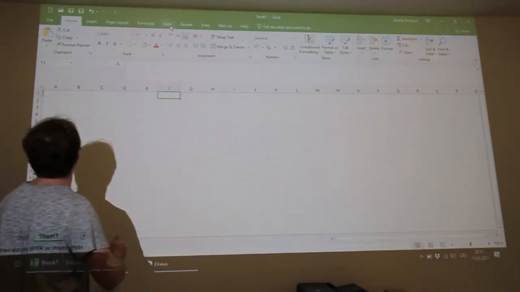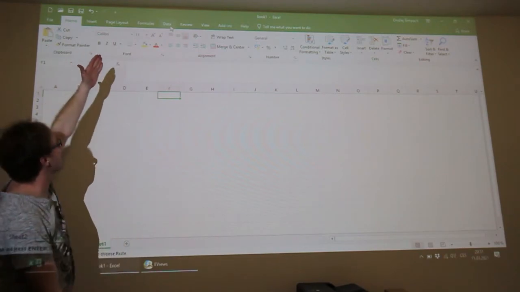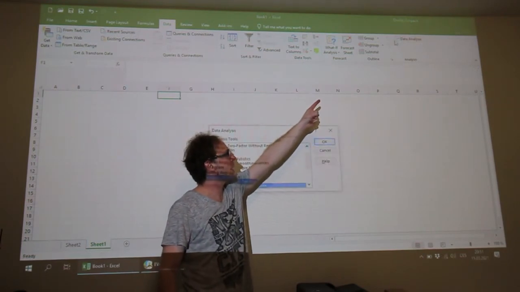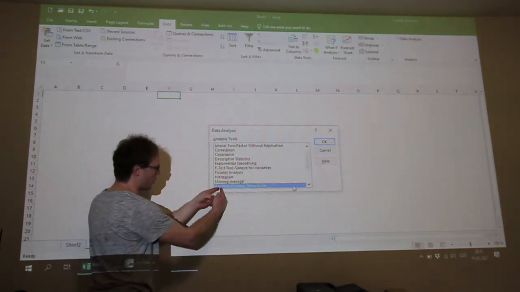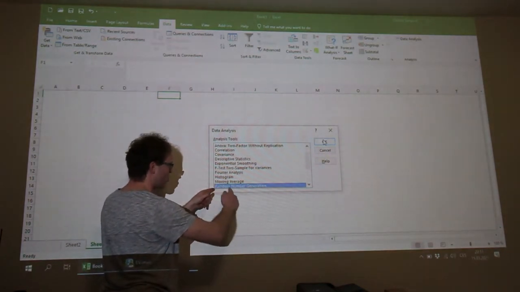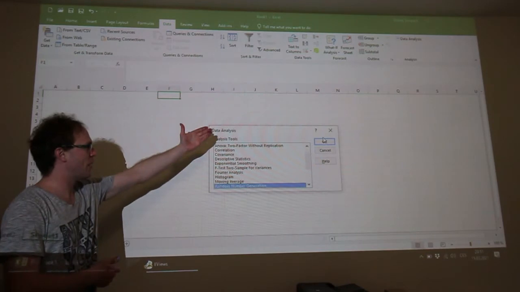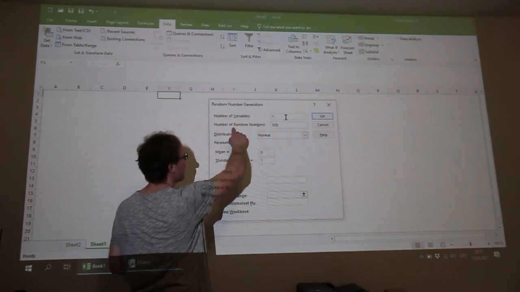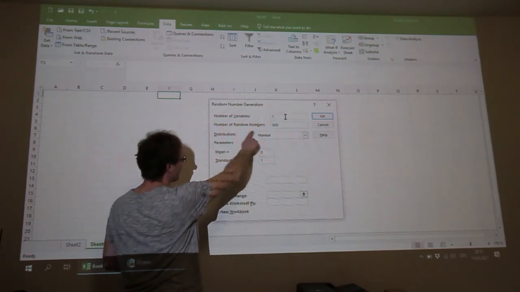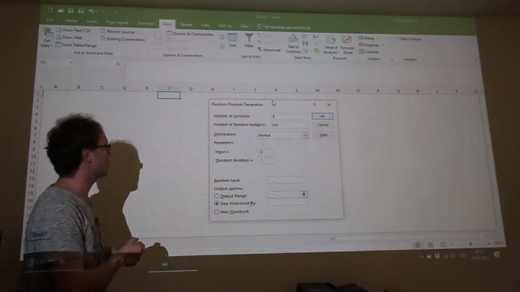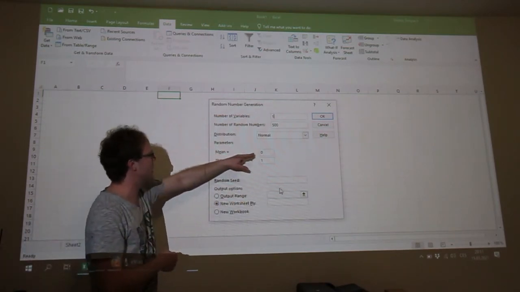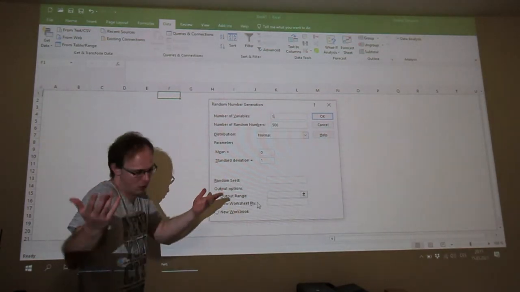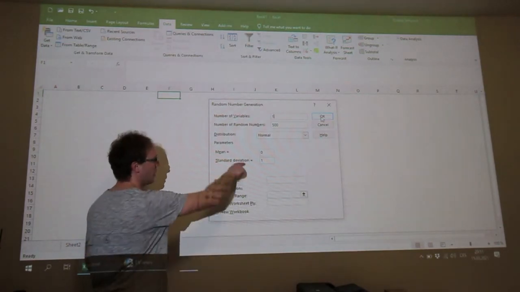We have Microsoft Excel here, and we will use the Data tab. You remember that we have Data Analysis here. In Data Analysis, you can see that Random Number Generation is already selected. Please click on the OK button, and there we have selected number of variables 1, 500 numbers of this random variable, normal distribution with zero mean and sigma squared variance, and standard deviation in this situation equal to 1.